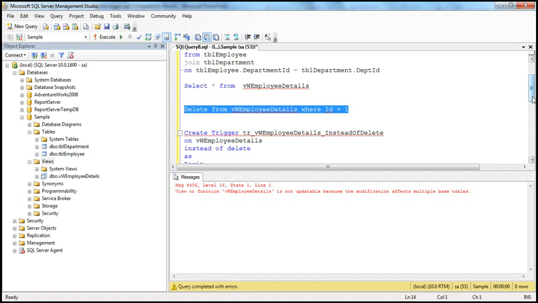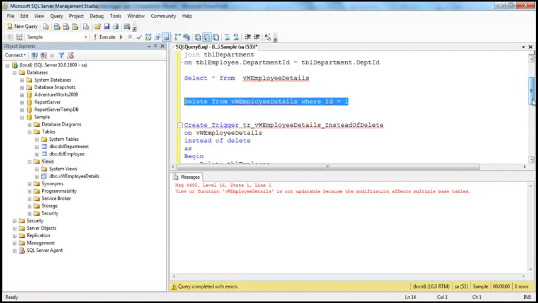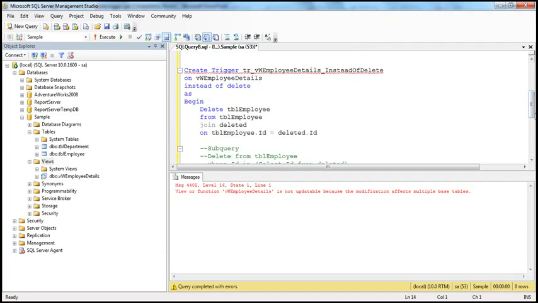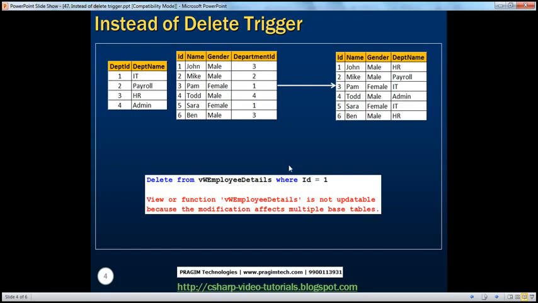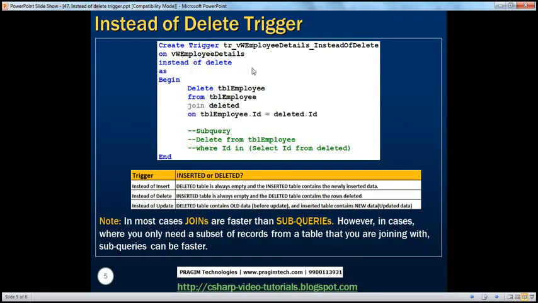Obviously to create a trigger we use the create trigger statement. So here is the trigger that we are creating. Let's look at this. We are creating this trigger: create trigger, a meaningful trigger name, on view employee details, and you are creating this trigger instead of delete. So this trigger should be fired instead of the delete statement, as begin end, and then